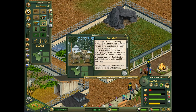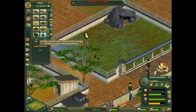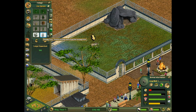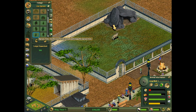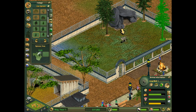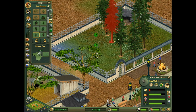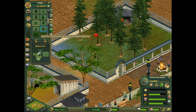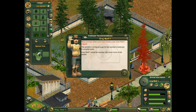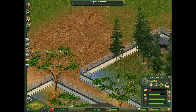Gray wolf, what kind of foliage do you like? Spruce tree. Now, I know you're not happy, but spiral topiary, that's not the same as a spruce tree. Here we go. Yellow cedar, spruce. Is that too much foliage? The exhibit is no longer big enough for the number of animals it currently holds. Great. Well, I knew that might be a possibility, so...